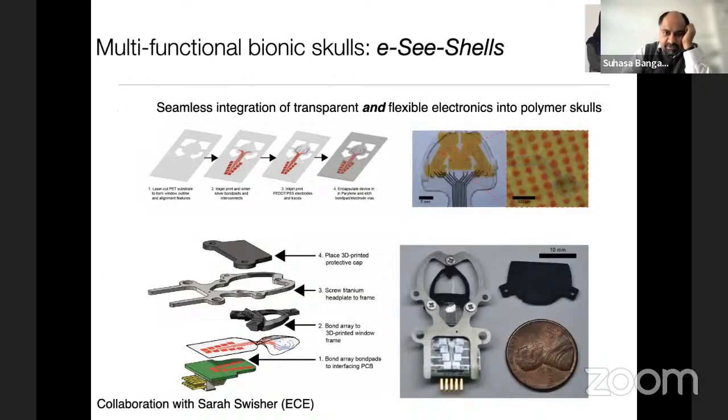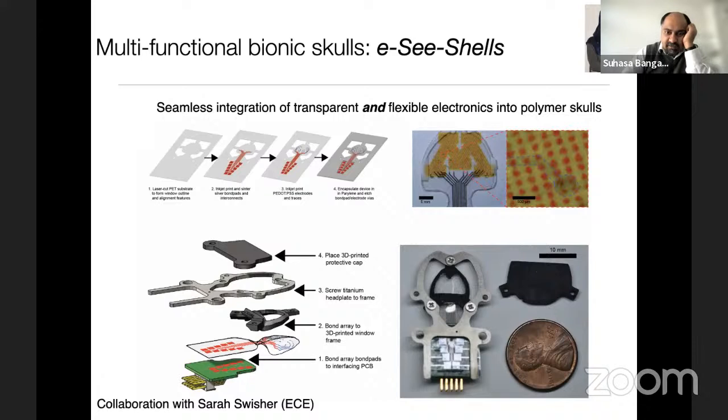And here's a collaboration with one of the groups in the electrical engineering department with Professor Sarah Swisher, who is an expert in inkjet printing flexible electronics. In this case, we use a conducting and transparent polymer called PEDOT:PSS that can be used with some specialized inkjet printers that Professor Swisher has in her group to pattern really thin and transparent layers of conducting electrodes on top